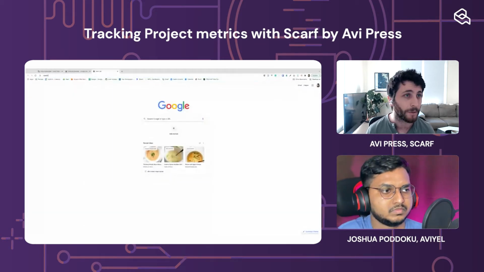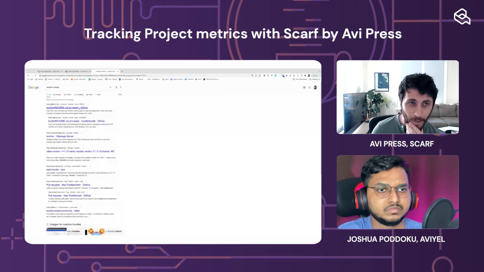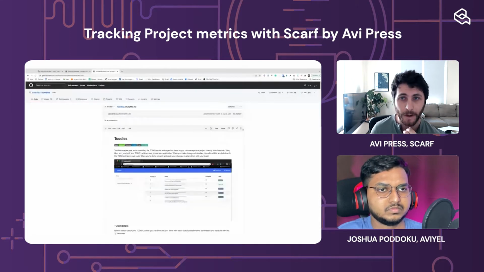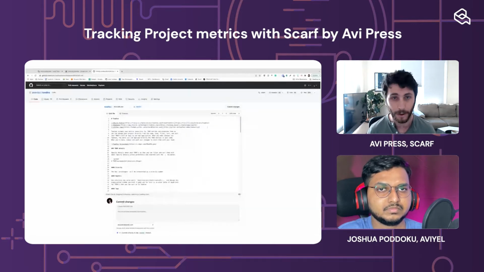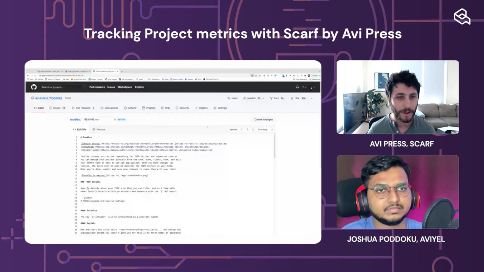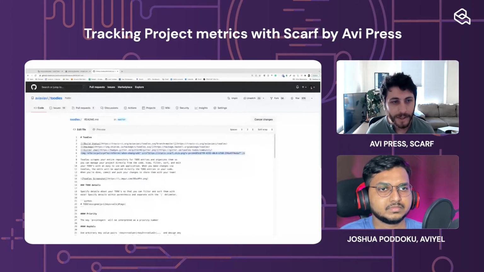So if I go to README Toodles, the idea would be that I would go into my README here. I would paste this image URL, and I'll try to make this bigger again. So this is the image tag that I just copied from Scarf. And so essentially, whenever my README gets loaded, it's going to render this 1-by-1 clear pixel from Scarf.